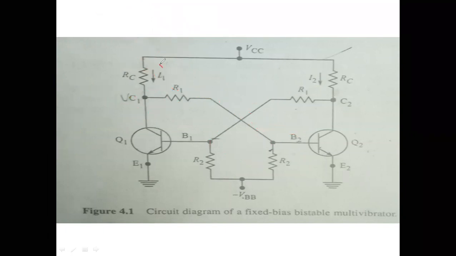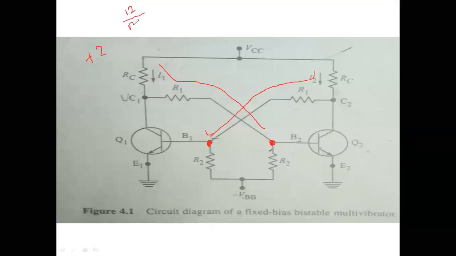What I have said is, if we assume the I3 current in this direction, this voltage we had assumed as 0 at this node. Therefore, VCC minus 0 divided by RC plus R1. If we assume the I3 current in the other direction, then this node we had assumed as minus 2 volts. Therefore VCC minus of minus 2, so you simply get plus 2 in the numerator. In the previous case you have 12 divided by RC plus R1. Now you have 14 divided by RC plus R1.